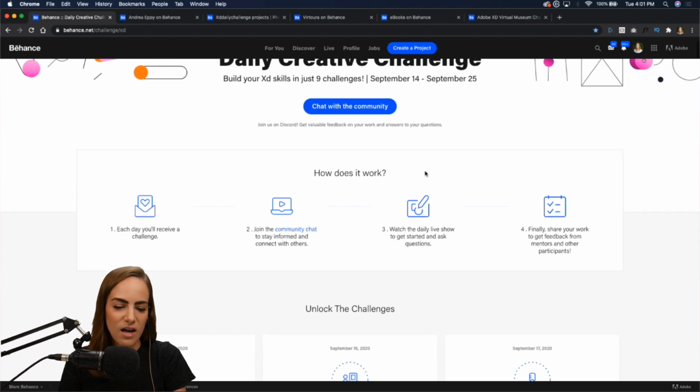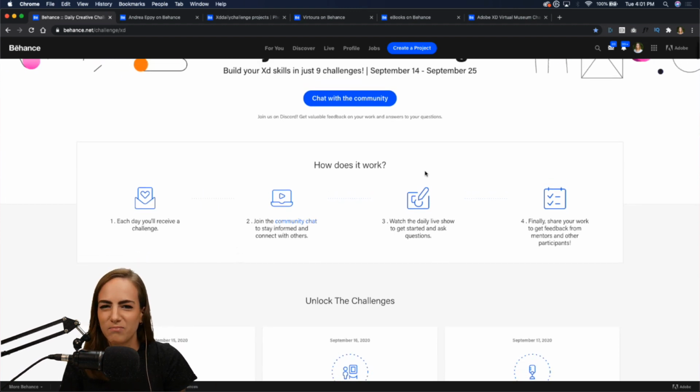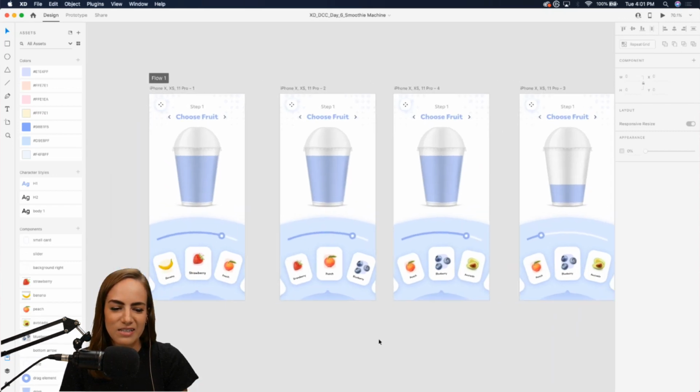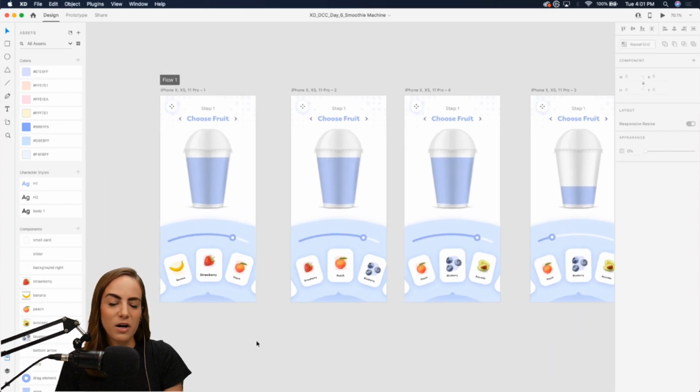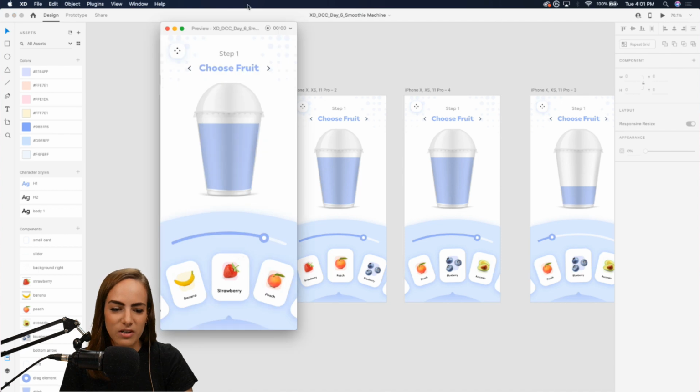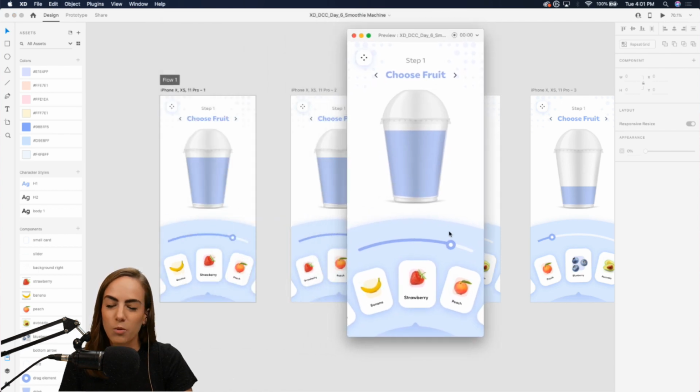So I'll give you a sneak peek at the beginning, like right now, of what we're going to do, because I know you guys like to see the sneak peeks. We're going to be making a smoothie machine app today. Just like a fun one. I wanted a smoothie, so this was what I decided on. So let's go ahead and preview this. This is what we're going to be making. And we're going to be focusing on sliders. So we can make this little drag animation down here, as well as we're going to be focusing on this